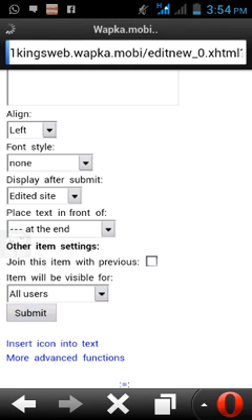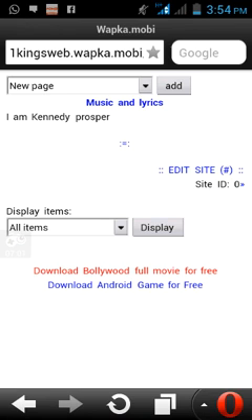And I save my text for every user. Now back to the home page. You can see I am Kennedy on the home page. Look at the text I just added. It appeared on the home page. But when you click on music and lyrics,